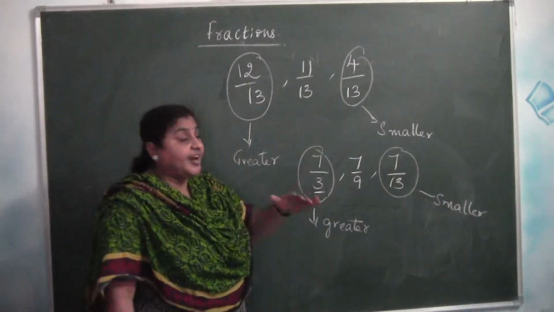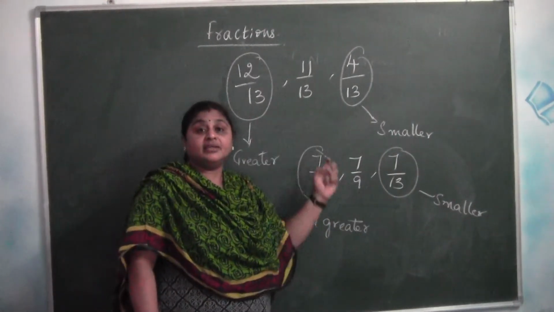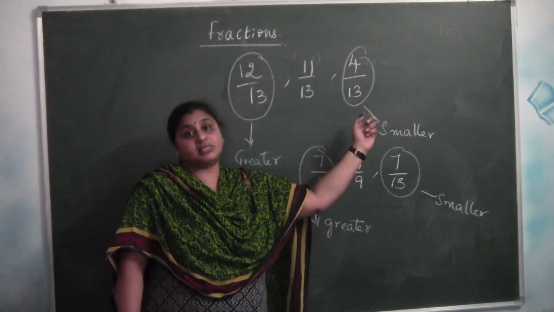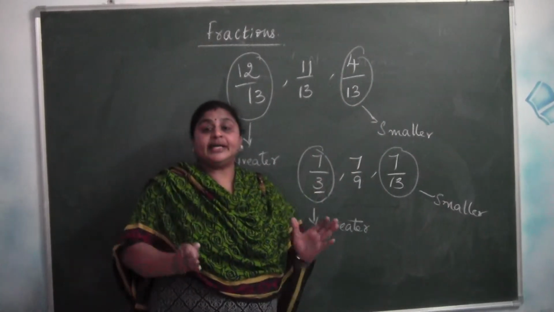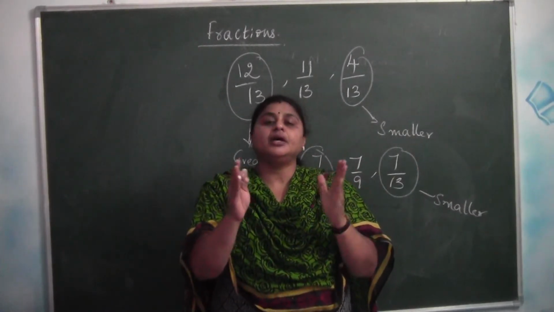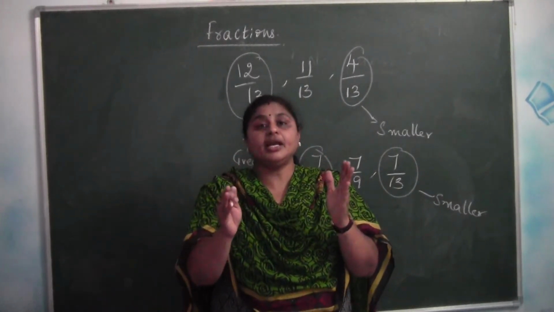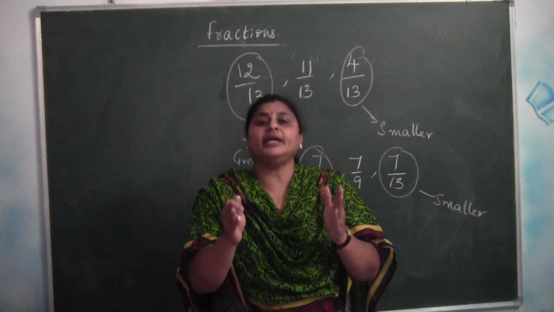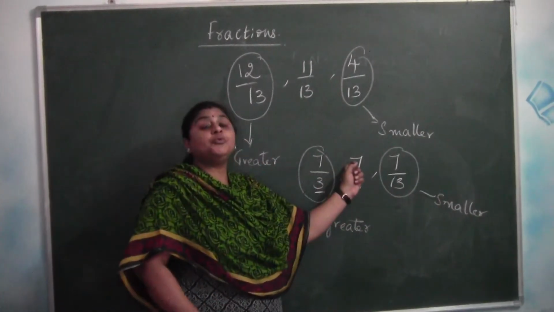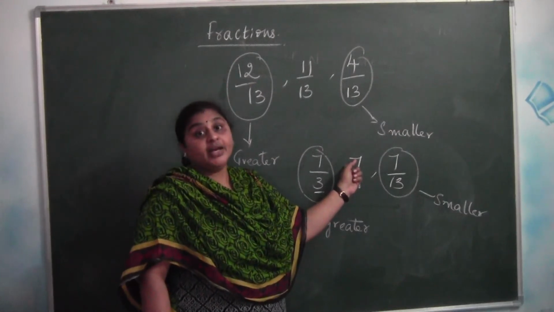Are you able to find out the difference between this sum and this sum, children? Here, all the denominators are same. So, when denominators are same, the bigger the numerator, the bigger the fraction. Ante numerator peddega undi anante aa fraction peddadi ani. But when numerators are same,